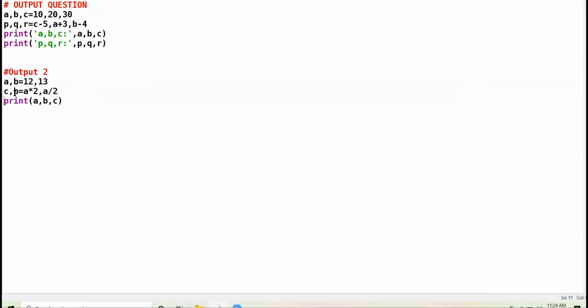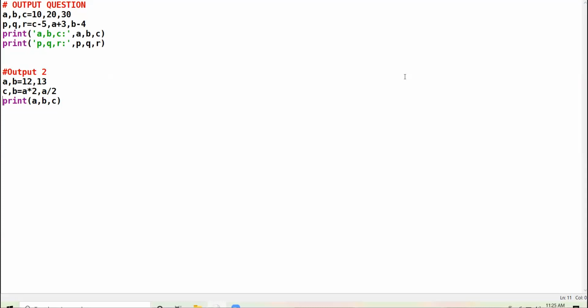I think you people might have solved this output. So who will tell the answer? Yes, Divanshi, unmute yourself. Sir, the value of A is 12, B is 6.0, and C is 24. A is 12. B is 6.0, because it is the divide symbol, it will give the answer in float.